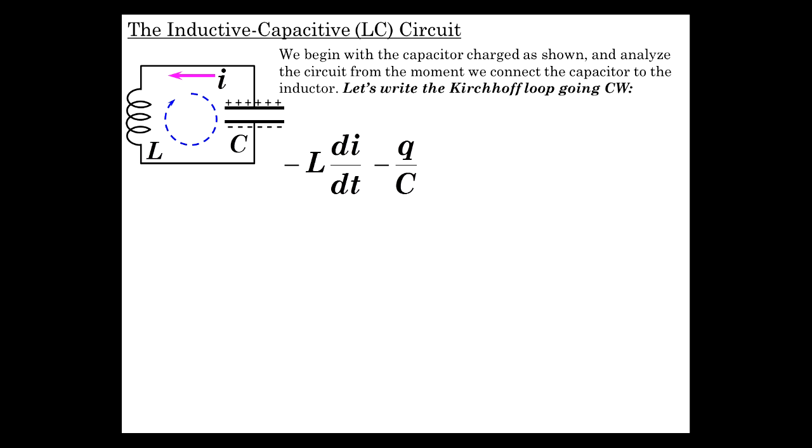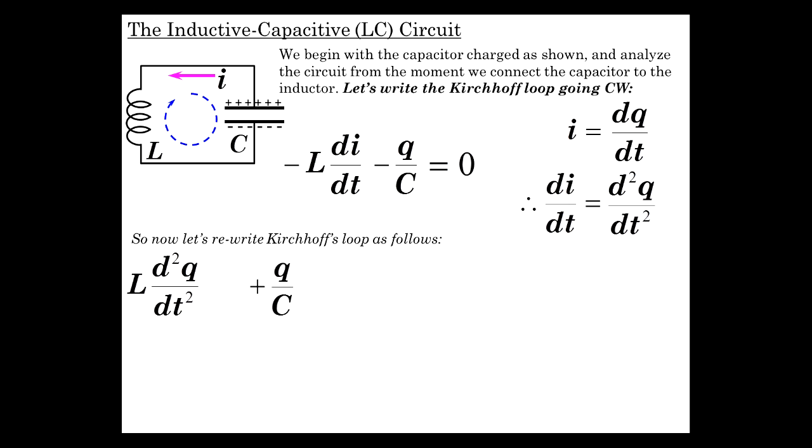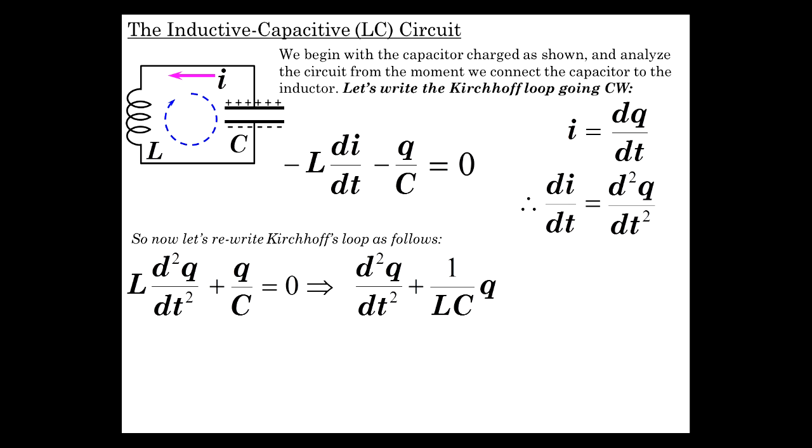And so we have minus L di/dt going around like this, and then we encounter a drop across the capacitor, minus Q over C, equals 0. Well, remember that I is dq/dt. So di/dt, divide both sides by dt, is the second derivative of the other side, d squared q over dt squared. So now let's rewrite Kirchhoff: L d squared q over dt squared plus q over C equals 0. So d squared q over dt squared, if you rearrange, divide through by L, and we get this result,